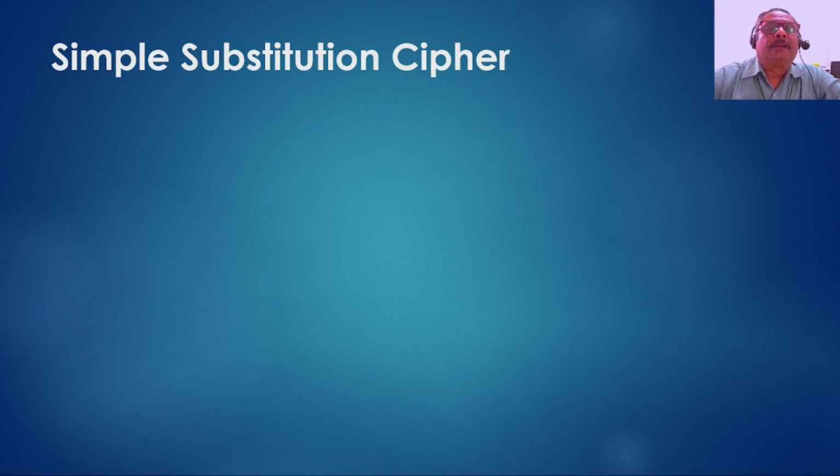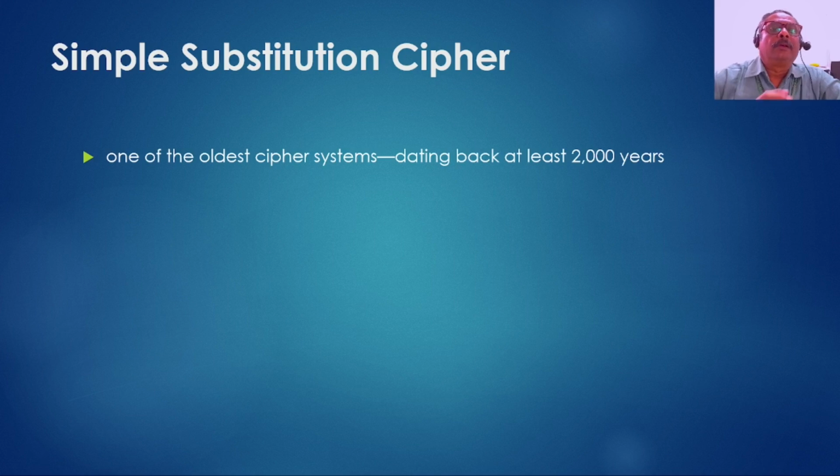It can be a simple substitution cipher. It's one of the oldest cipher systems, dating back at least 2000 years, where whole kingdoms used this encryption technique, wherein the messages sent from one point to another point wanted to be safeguarded from the enemies. The enemies were not to understand what messages are being transferred from one end to another end. They were using a simple substitution cipher method.